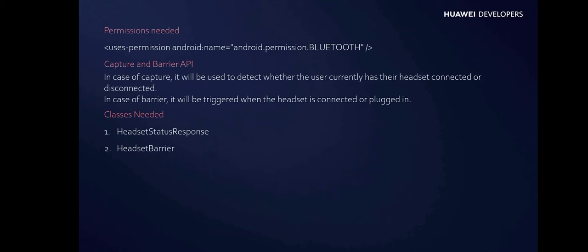In case of capture, it will be used to detect whether the user currently has their headset connected or disconnected. In case of barrier, it will be triggered when the headset is connected or plugged in. There are 2 classes needed: headset status response class and headset barrier class.